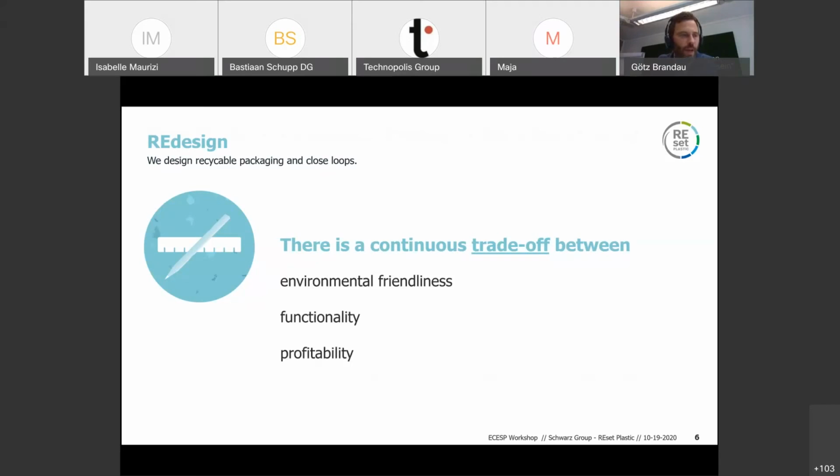Of course, at the same time, we're a business, we need to keep the costs under control. So profitability is a factor in this equation. When redesigning packaging, it's getting those three and finding the solution that meets all three objectives. That's the tricky part.